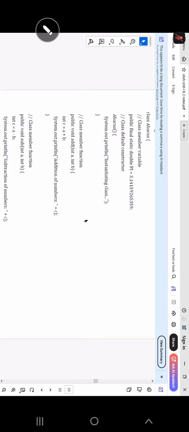Then class member function, public void add, with two parameters here, int a and int b. It means two parameters of integer type. And int c is the third variable, and we are storing the value of a and b, so a plus b. Then system.out.println